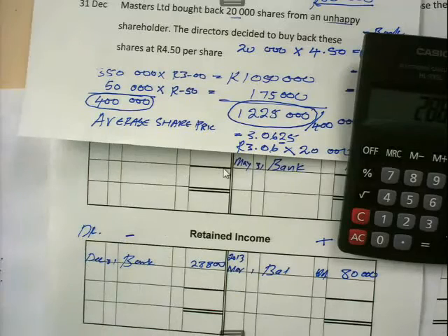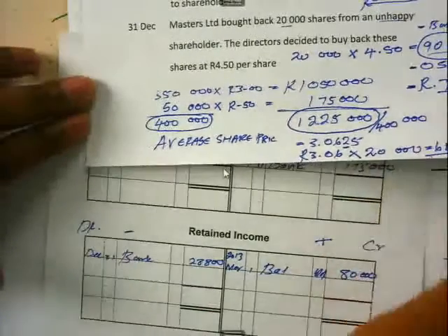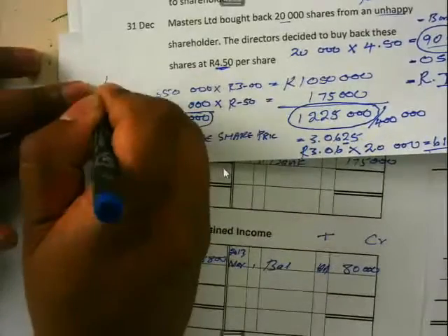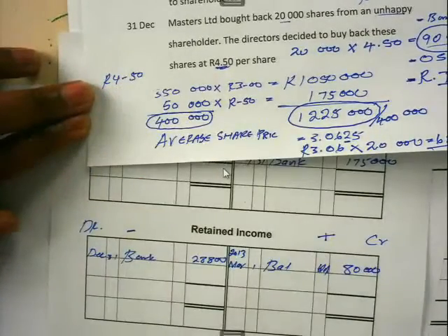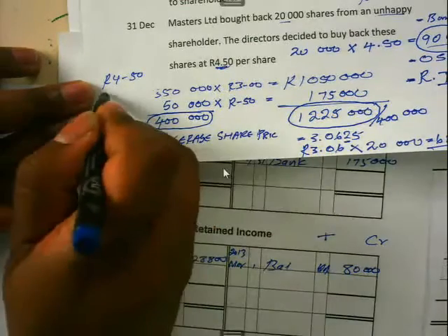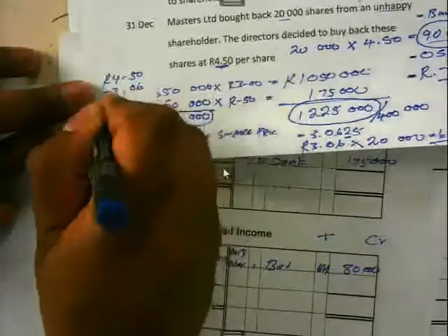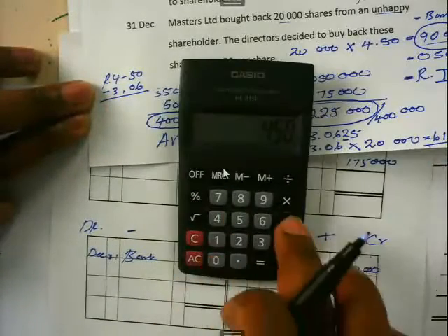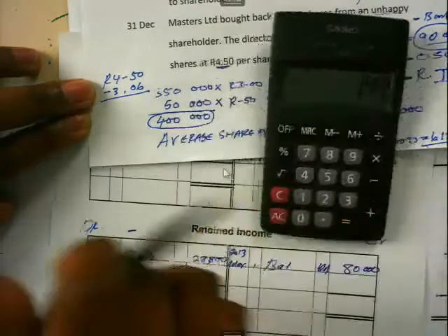Calculate that 28,800. Let me show you how you can calculate the 28,800. Remember we said we bought back these shares at 4.50. That's the price that we bought back, minus the average share price of 3 rand 6 cent. 4 rand 50 minus 3 rand 6 cent gives us 1 rand